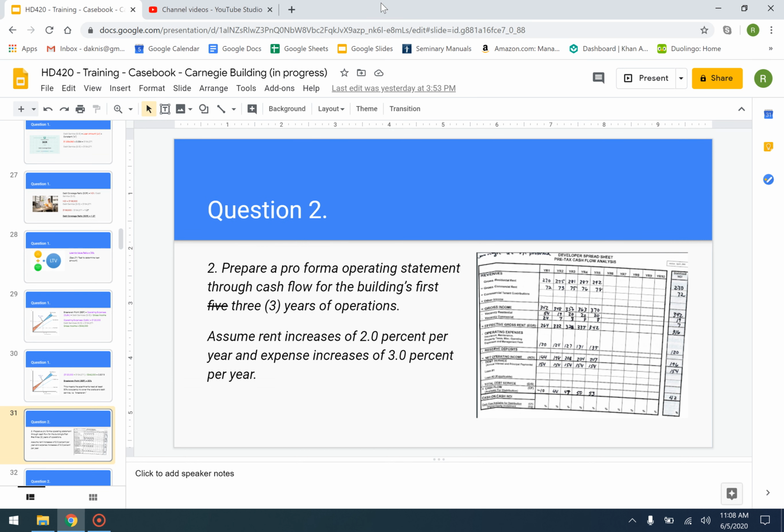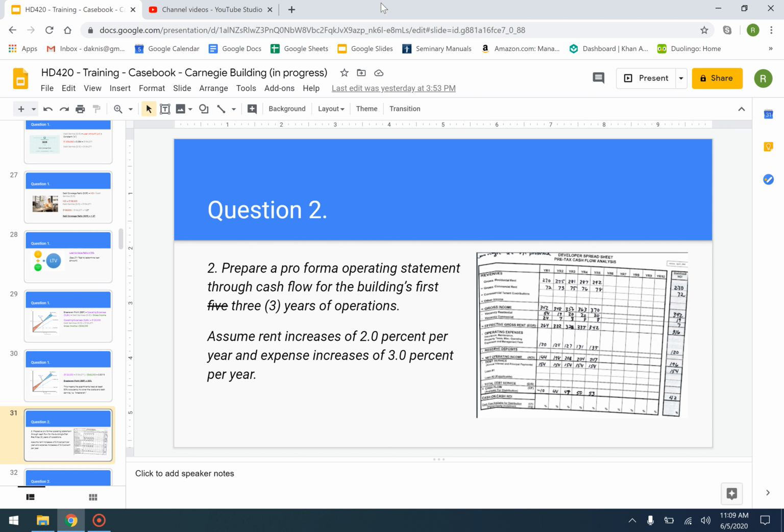Okay, we're moving on to question 2. This is under the Carnegie building. The purpose of this video is just to go through and answer question 2 from assignment 1 of the Carnegie building. The question says, prepare a pro forma operating statement through cash flow for the building's first 5 years of